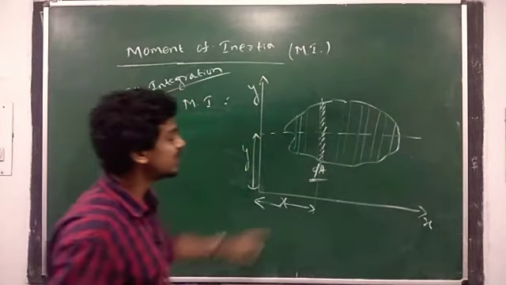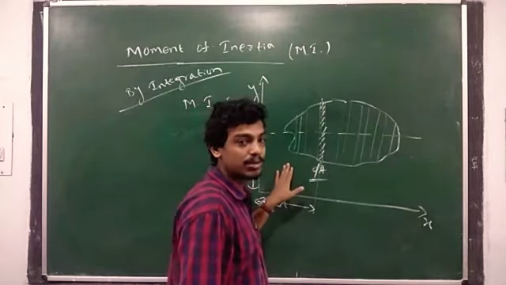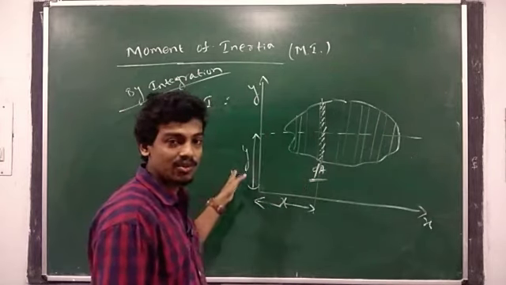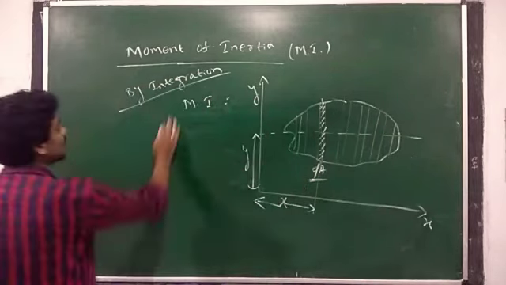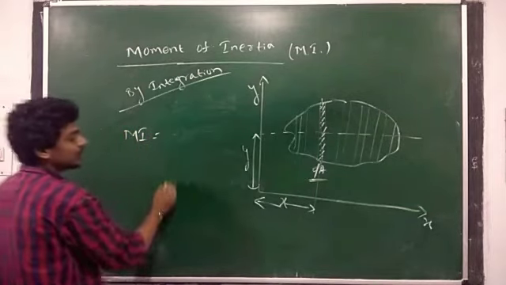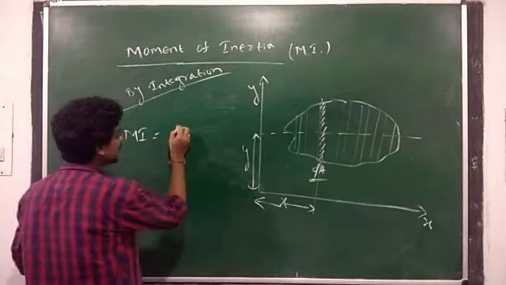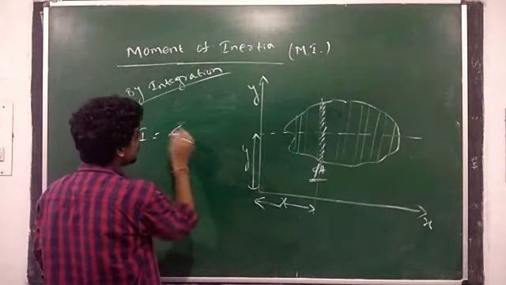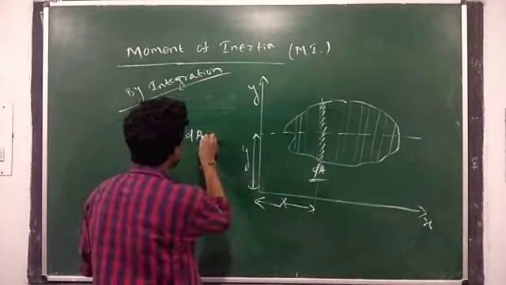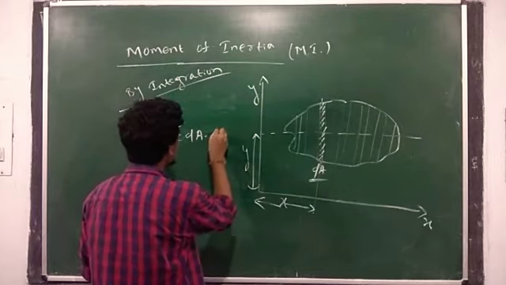So by two methods you can find out this moment of inertia, by taking suppose x, otherwise y. By integrating, our moment of inertia will give you,